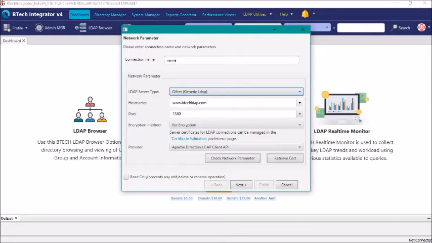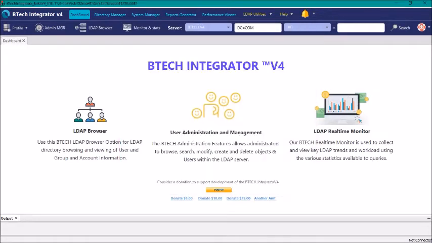That's a free LDAP server that you can test with. It's a free server. So you can just go to BTechIntegrator.com and search, or just search Google for free BTech online LDAP server. Okay, so I already have a couple of servers set up here that you can see in the list, and we're going to look at